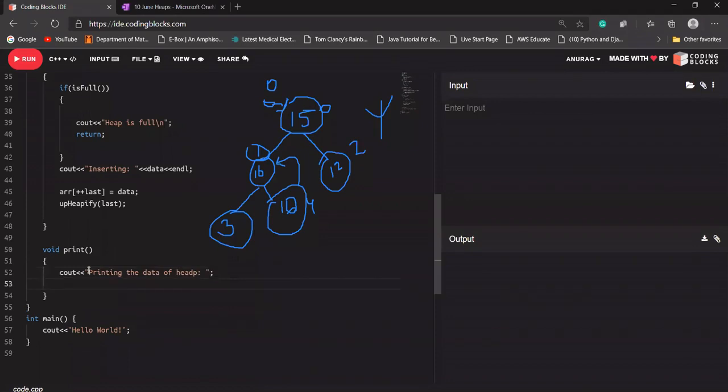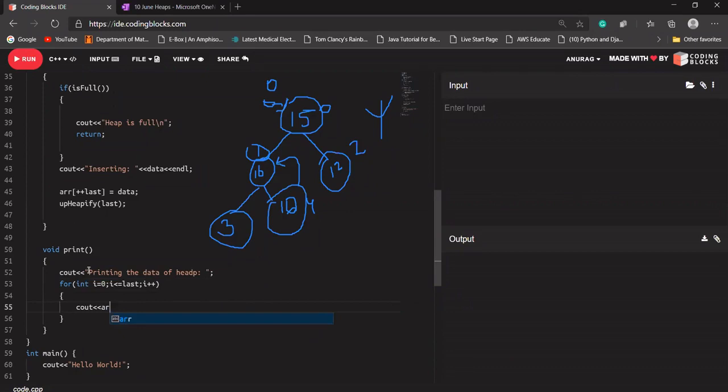So for int i equal to 0, i less than or equal to last, because it will be our last node. cout array of i with a space.